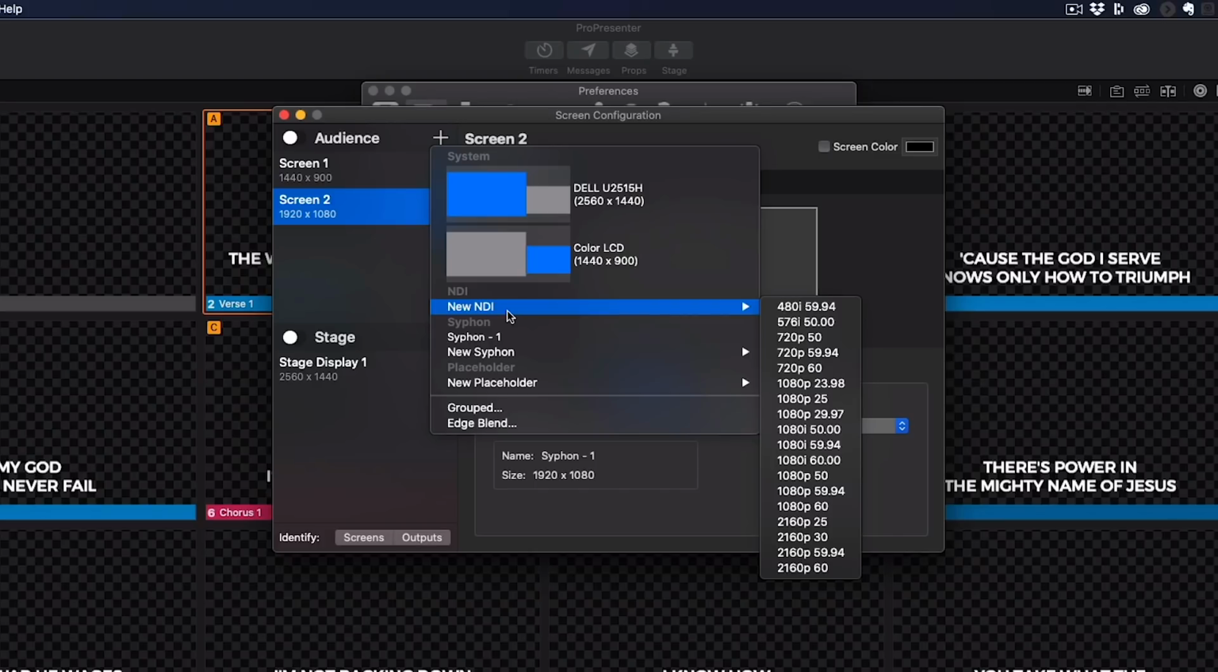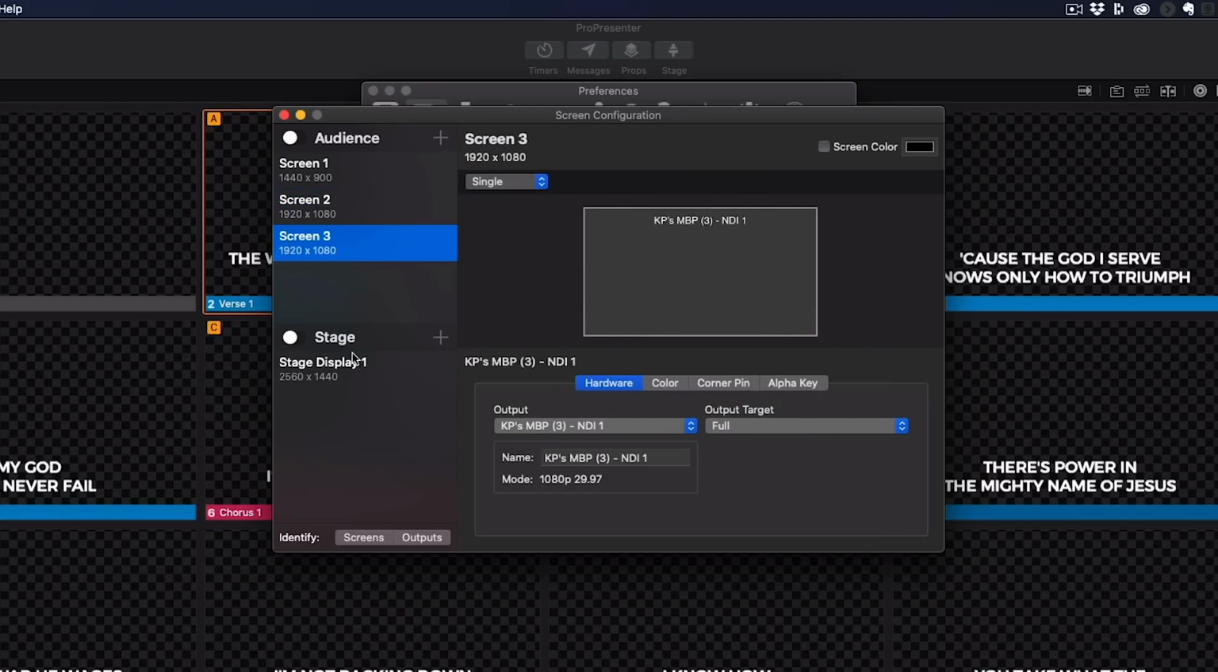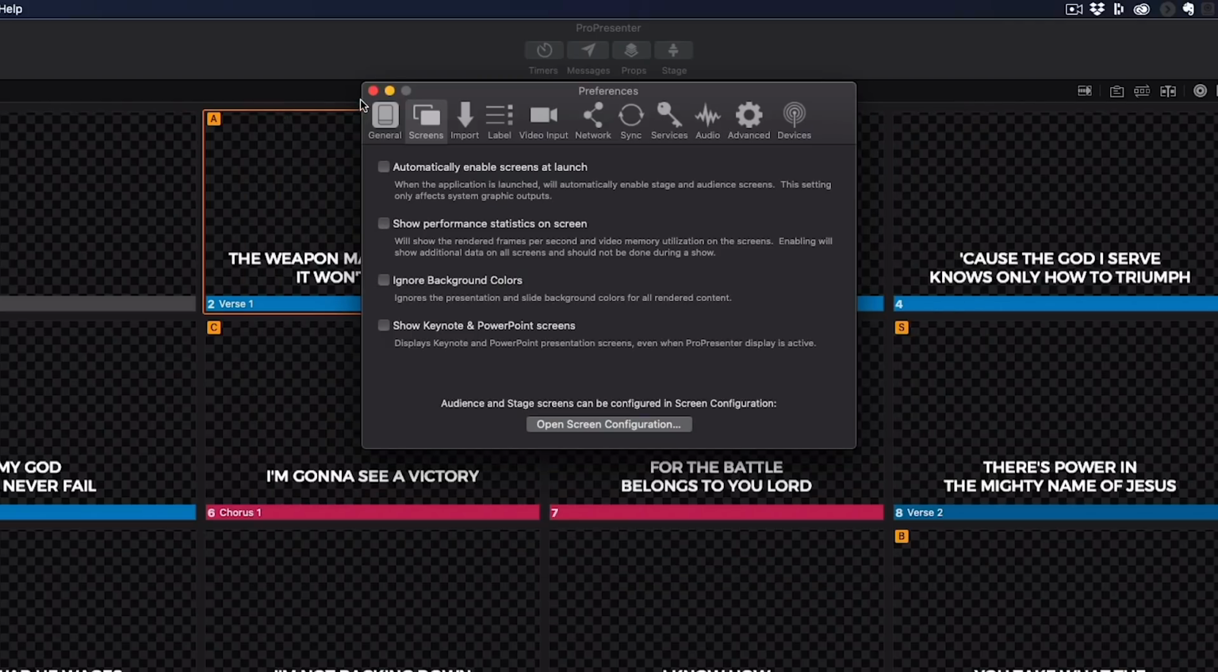But if you wanted to create a new feed, you simply come along here and select the resolution you want. So let's do 1080. And you're going to see that this creates this new output. Now, if you're using NDI, go to Alpha key and click Enable. If you're using Syphon, you don't need to do that. We're going to do that inside OBS in a moment. But make sure that the resolution is correct and that that's ready to go. So now when we go to our streaming software, it's going to be able to pick up either of these two screens. That's pretty much all we need to do in ProPresenter,